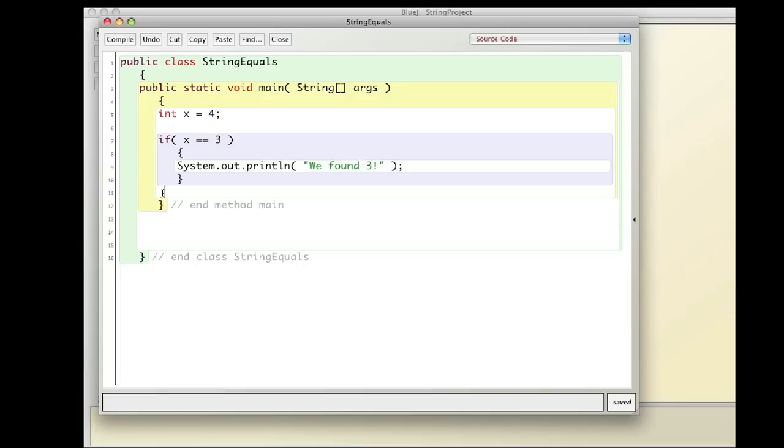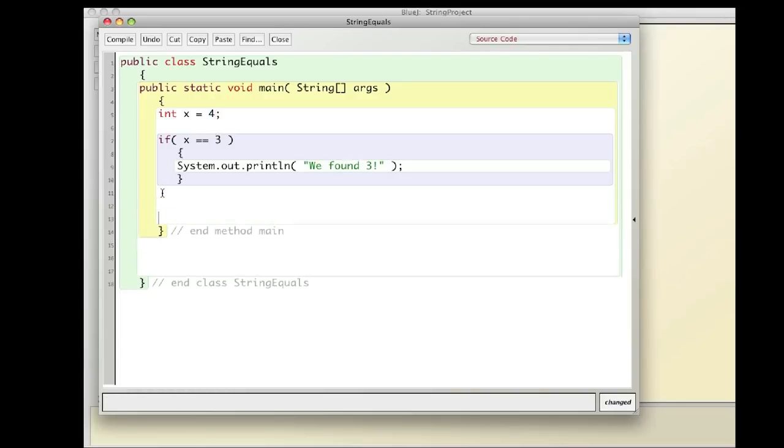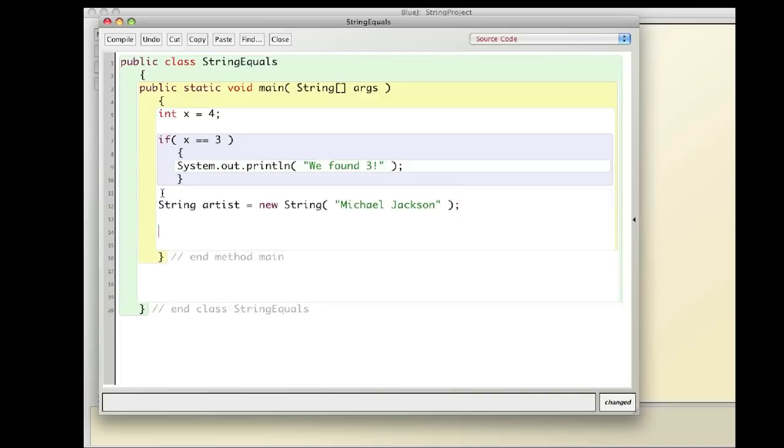But what if I have a string? What if I go down here and I say string artist equals new string Michael Jackson, and then I want to see if I can find Michael Jackson. Well, since we're dealing with a string, which is an object, I don't use double equal signs. I use dot equals. So I can say if artist dot equals Michael Jackson,